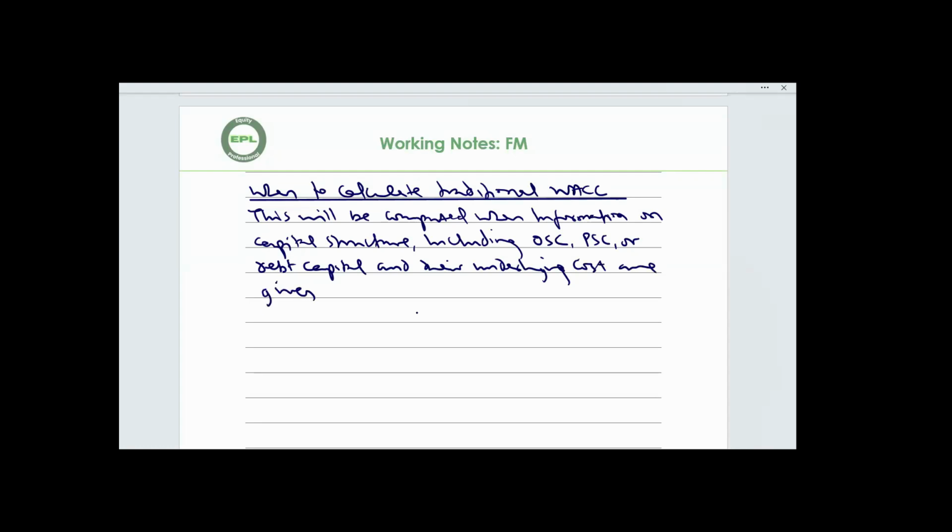So if in the question you are given balance sheets, in the balance sheets you can see ordinary share capital, preference share capital. Then you need nobody to tell you that you are supposed to calculate traditional WACC, because project-specific cost of capital does not concern itself with balance sheet information. You don't need all of those things to calculate your project-specific WACC. The same thing with the third type.